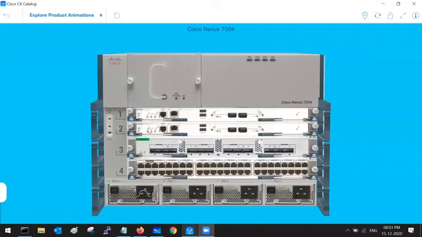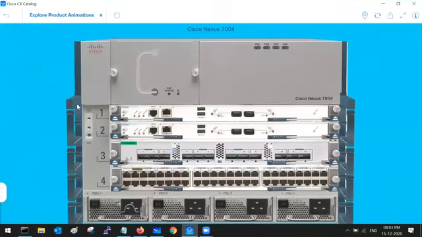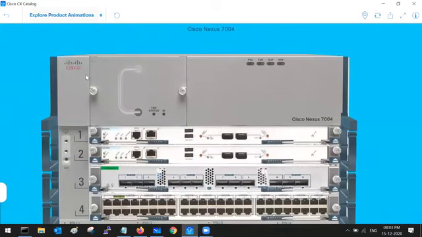And apart from that, if you take a look at this catalog, here you can see we have the supervisor engine on slot number 1 and slot number 2. So on slot 1 and slot 2, I have 2 supervisor modules. And if I try to zoom in,